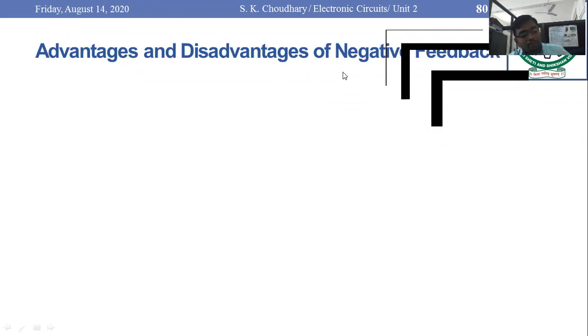And because of this negative feedback, what happens? The level of the input signal would be decreased. And as the level of input signal is decreased, your overall gain would also be decreased, and the output signal value would also be decreased. So here gain would decrease, but stability would increase. This is the difference between positive and negative feedback. One provides you better gain, another provides stability.